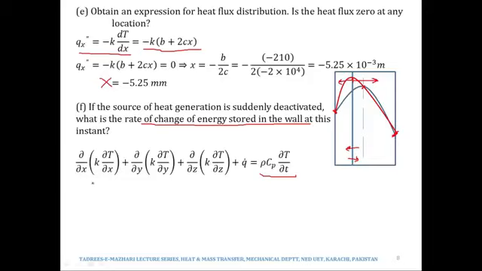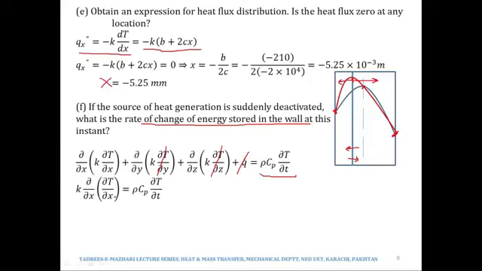So writing the usual heat diffusion equation in the Cartesian coordinate system, the second term will get cancelled out and the third term will also get cancelled out. Why? Because T is a function of x only. It is a one-dimensional heat transfer case, and we have deactivated the source. So therefore q dot will also vanish now. So therefore ρC ∂T/∂t would be k times